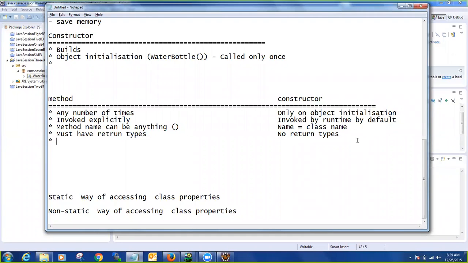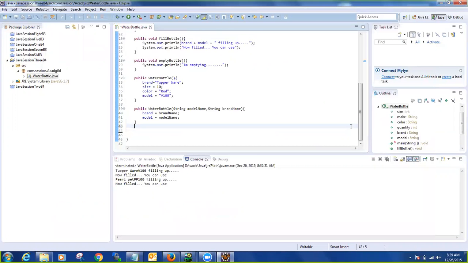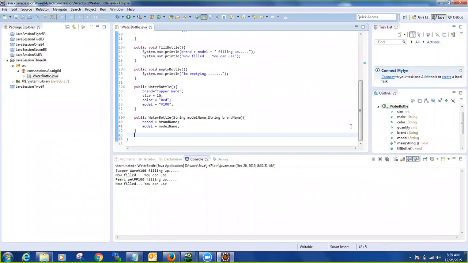With just telling that the class name is the name of that method, then it becomes a constructor. So for that, I need not mention any return type. Okay. So that is where my constructors come into picture. Okay. So now